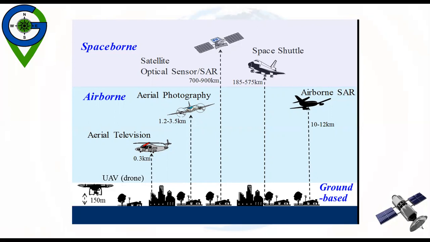Remote sensing in space may be performed from space stations such as the International Space Station. However, it is a rare case. Another rarely used platform in space is the space transport system, commonly known as the space shuttle. Here, this is the space shuttle. Data acquired from the space station and space shuttle are used for scientific experiments. They are not available commercially or widely. So widely we have the data that is provided by satellites only.